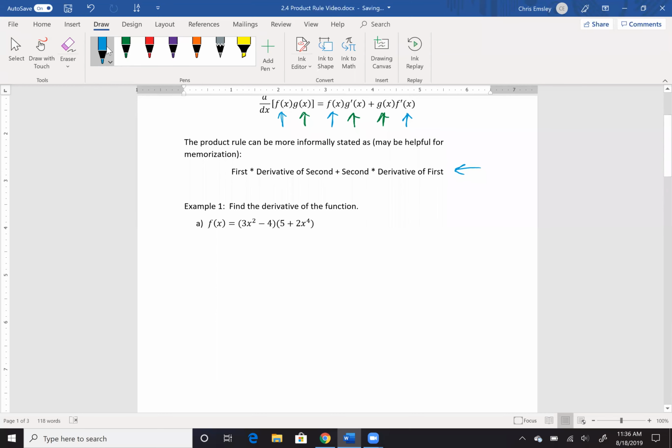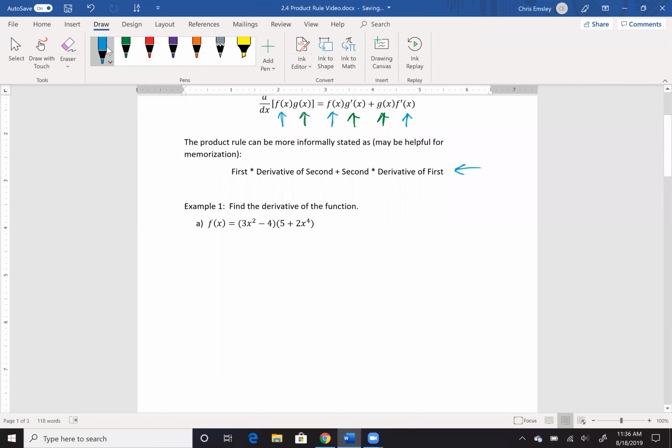Find the derivative of this function. For this function, my first factor would be this part, underlined in blue, the 3x squared minus 4. And the part that I call the second factor, the second part, would be this part that I just underlined in green, 5 plus 2x to the fourth. So if we are asked to find the derivative of f,